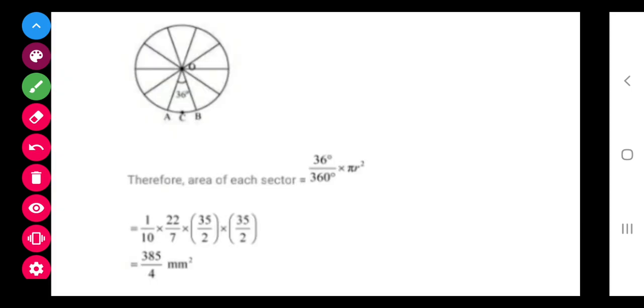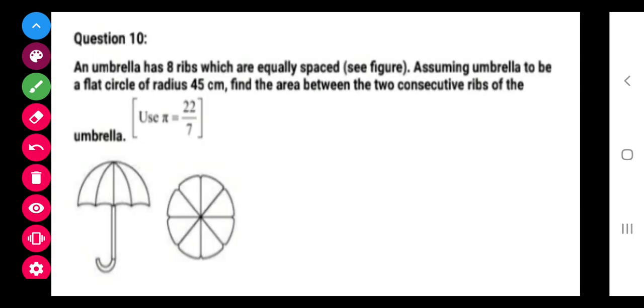So this is only done here, 36 degree, and r is substituted as 35 upon 2, and this is done. You have to read the question very carefully. Now next is, this is the umbrella. 8 ribs are there, these are the ribs, and equally spaced,